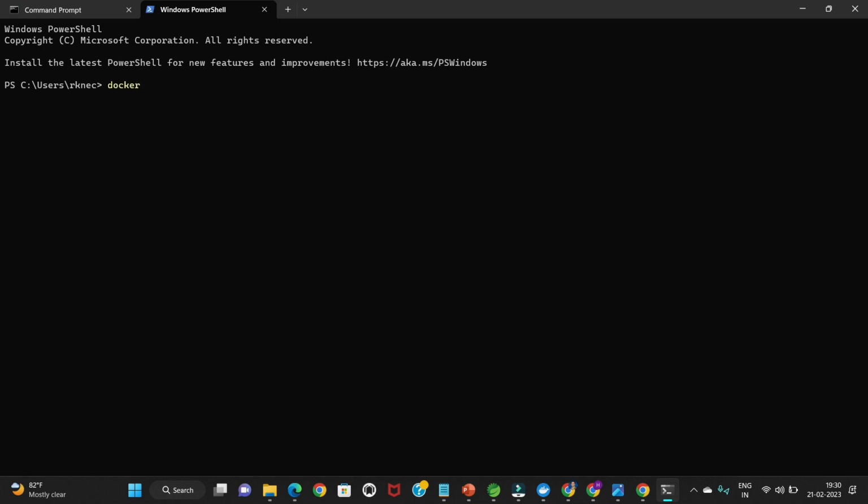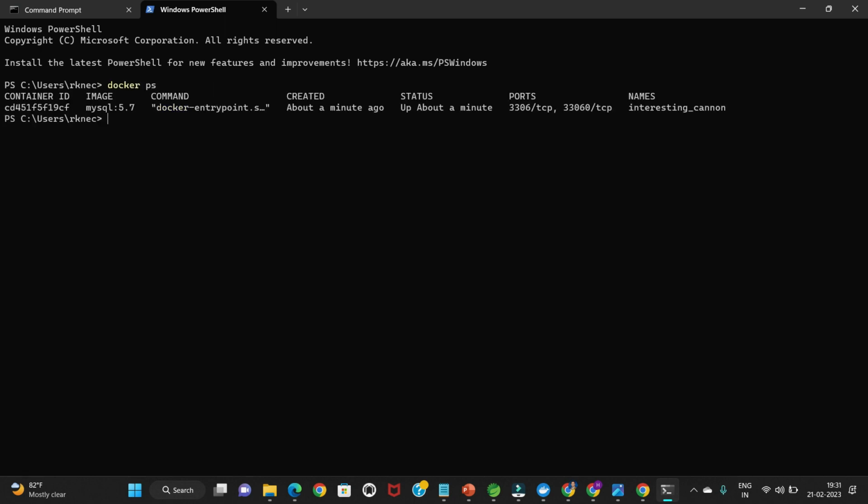Now use docker exec, which means we can access our container by using this command. This command I explained in my previous videos. Then the ID of your container, then mysql